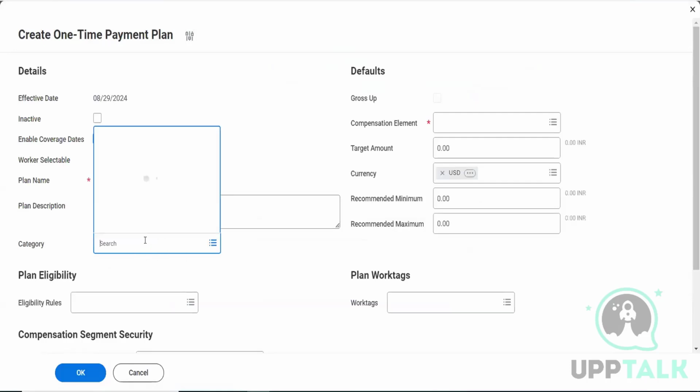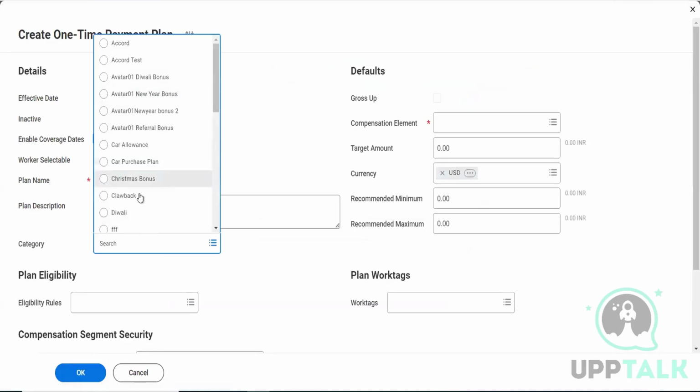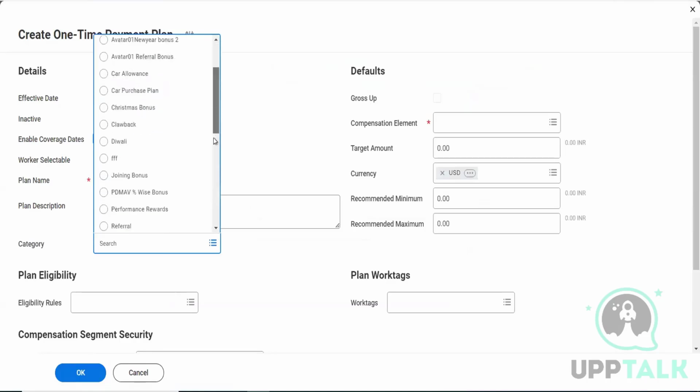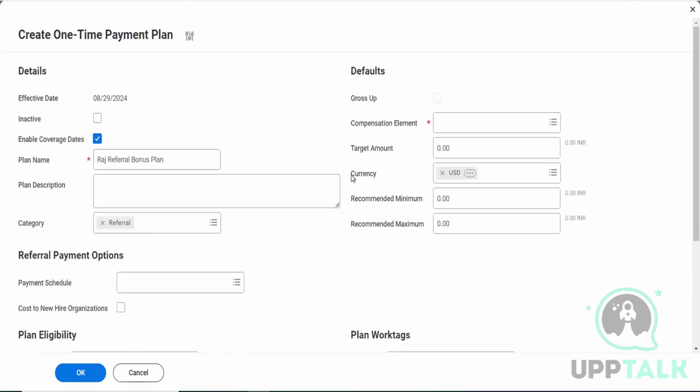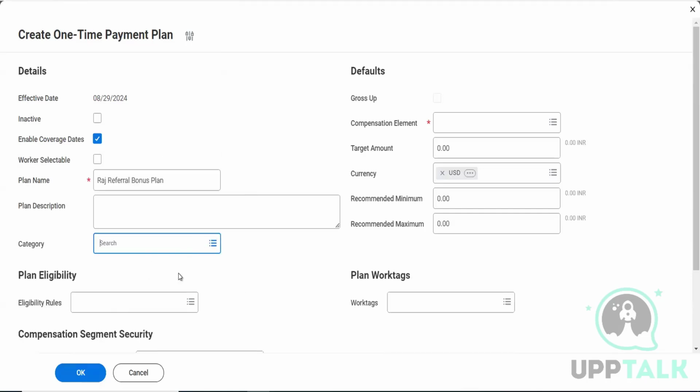So let's take an example. If I select the referral one which was available. Okay. So you can see when I select the category, I get a payment option. If I do not select the category, the payment option is not available. Right? And also, I see that for referral bonus, I have multiple referral bonus